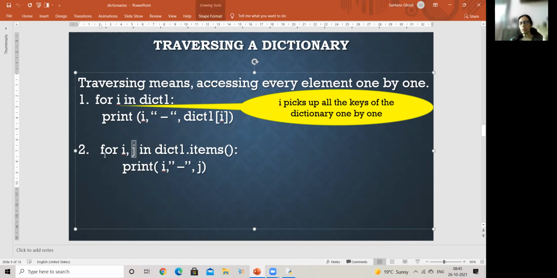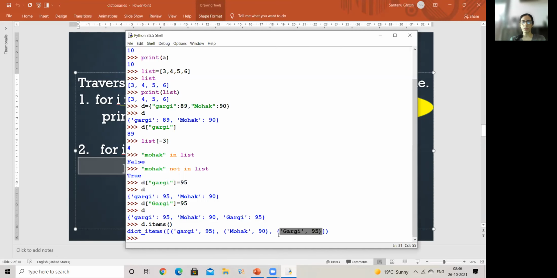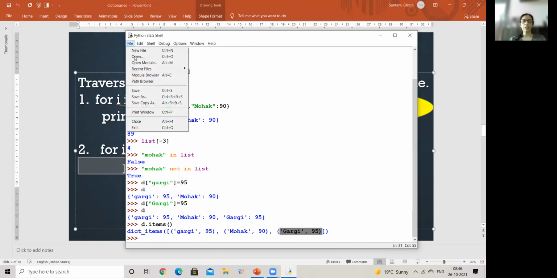The loop continues and it picks up the second key and the value corresponding to that, automatically. Now, after that, what you want to do with this I and J is your wish. Here I'm simply printing. We'll further do certain things by which we can implement that.